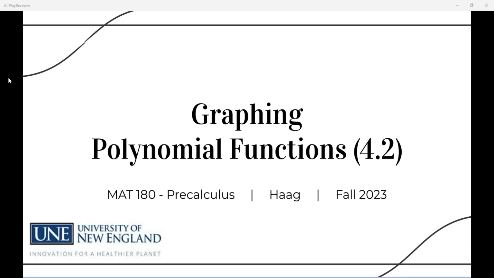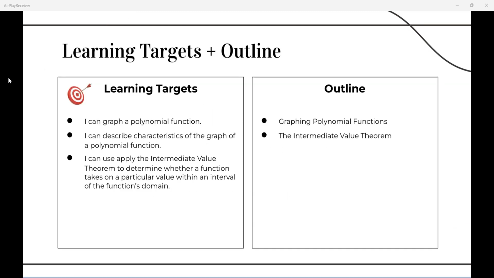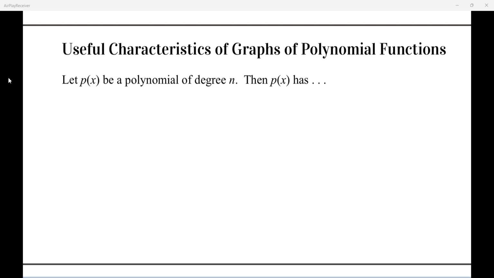Here in this particular section in 4.2, we're just going to look at a couple of small aspects of this particular section in terms of being able to graph polynomial functions. So one thing that is important to be able to understand is really kind of three different characteristics of graphs of polynomials. So if we assume the following, that p of x is a polynomial, and it has degree n,